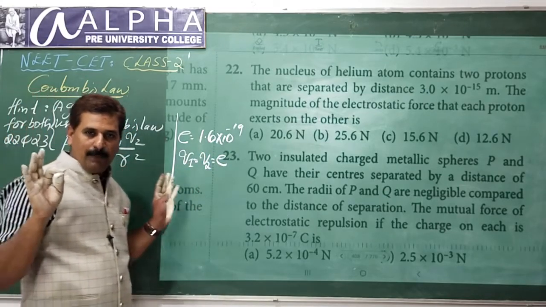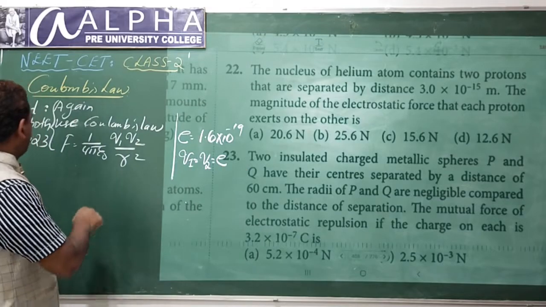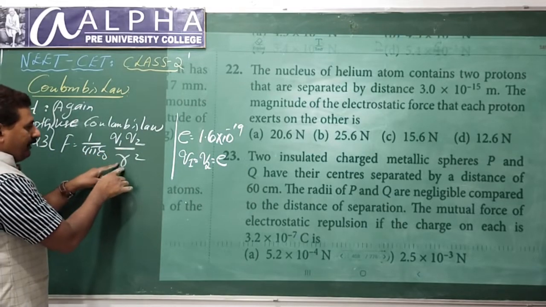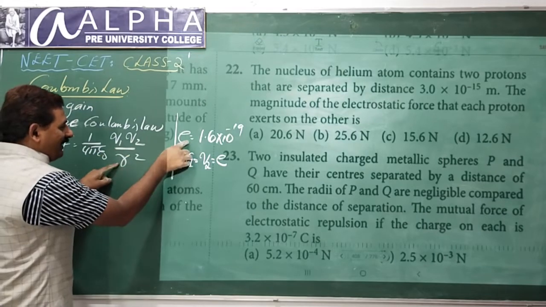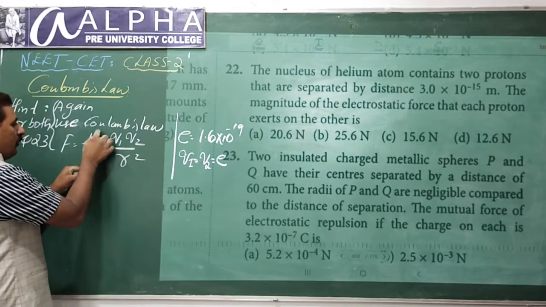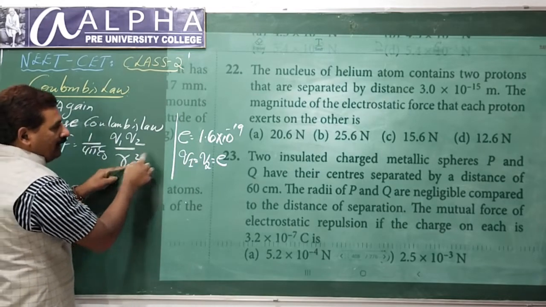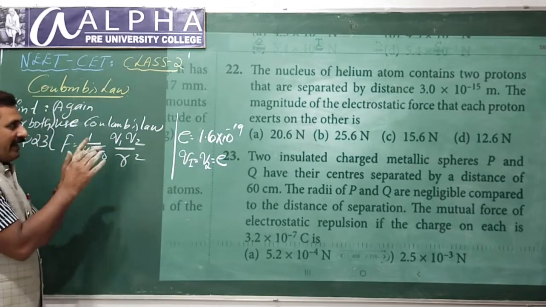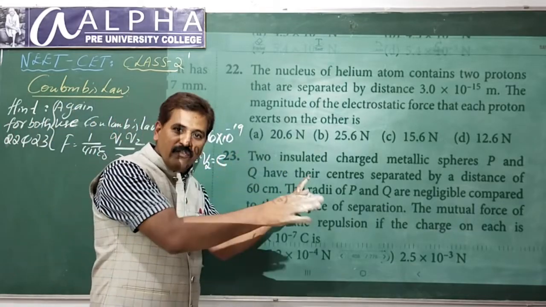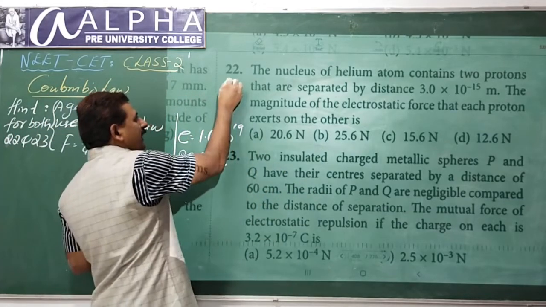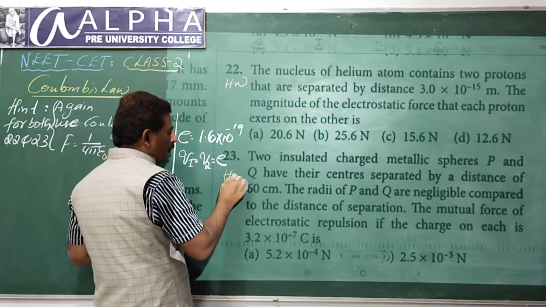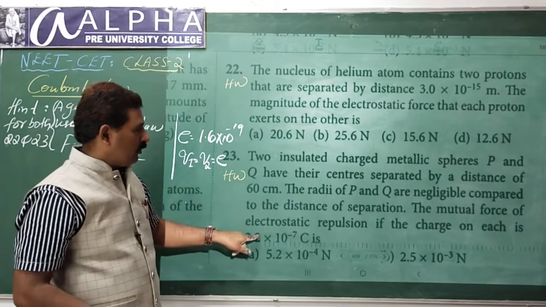Again, application of Coulomb's law. What is Coulomb's law? 1 over 4 pi epsilon 0 Q1 Q2 by R square. Write for Q1 E, this value. Write for Q2 E. And the value of 1 by 4 pi epsilon 0 and R square. That's why it's again the same procedure as we did in the 21st problem. That's why you take the 22nd as homework and the 23rd also as homework. You try these two at home because these are also similar.